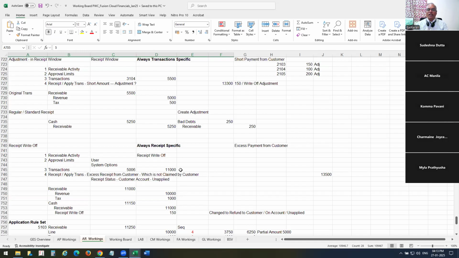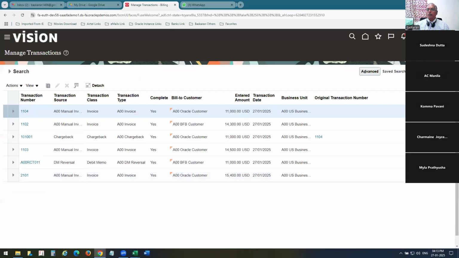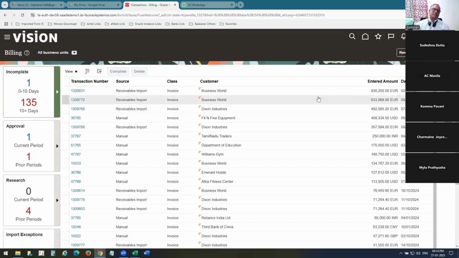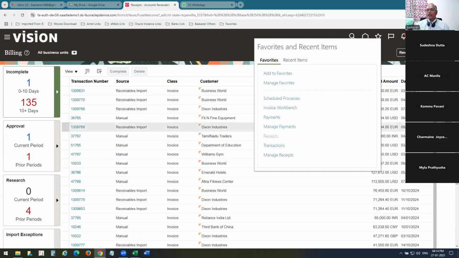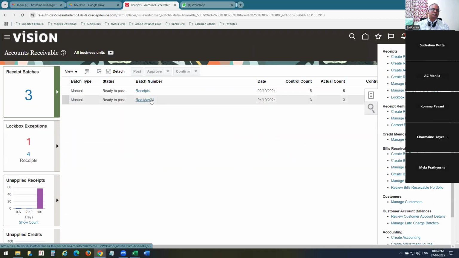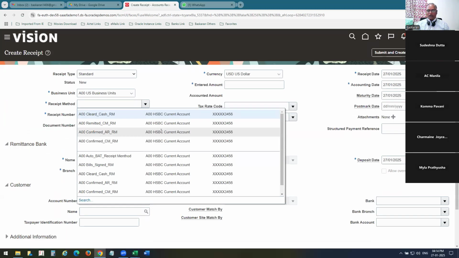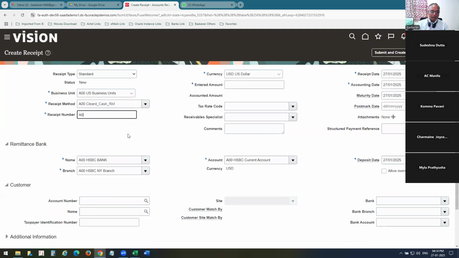The remaining short amount, which account will it go to? I can show you. So let me take transaction number 1101. You can navigate to our receipts. Task panel, create receipt. Interview question: unapplied only is eligible for receipt write-off and issue a refund. Next topic I will come to. So I can use cleared receipt number 13,